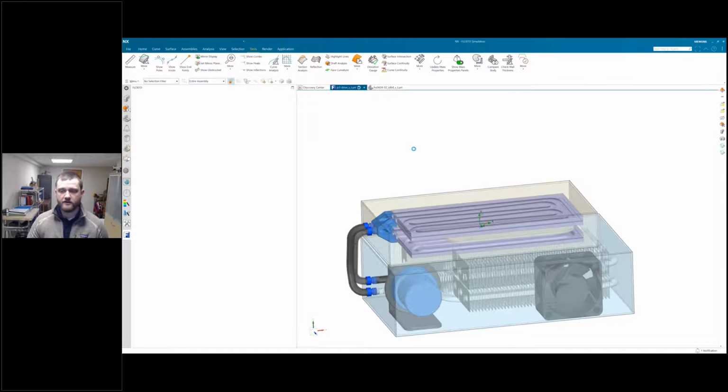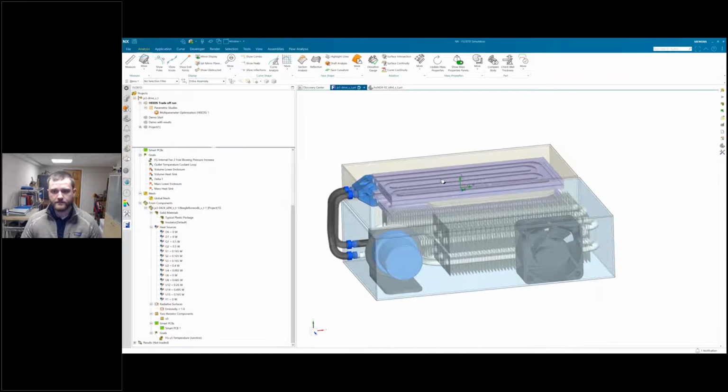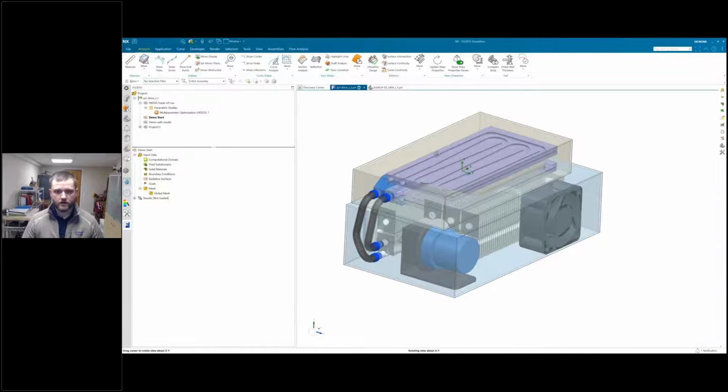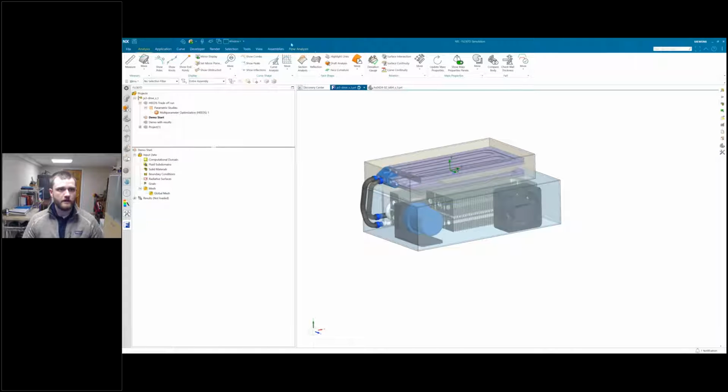So if I jump back here to our overall assembly, one of the first things that we would need to do is just define the overall parameters of our analysis. So if I go to my demo start example here, we have a couple ways of starting this. We can do this through a wizard. If I go over to this flow analysis tab, which is the FlowEFD, I can do this through a wizard.